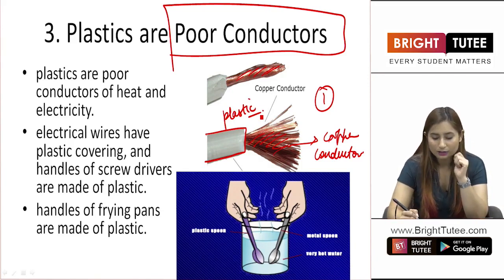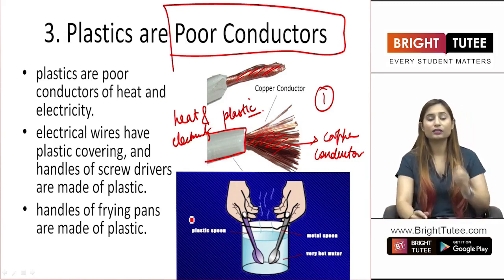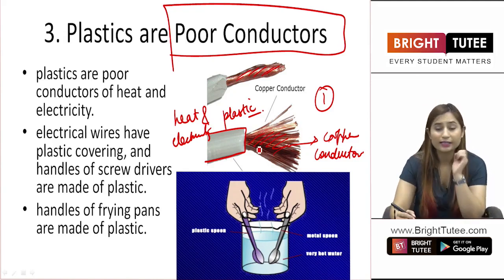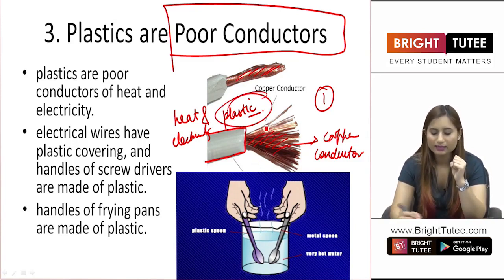Why is it plastic? Because plastics are poor conductors of heat and electricity both. Because it is a poor conductor of electricity, it won't be conducting any electricity, so you can touch the wire from outside very easily, right? It helps us in handling these wires easily because we can touch the wires, because plastic is a poor conductor